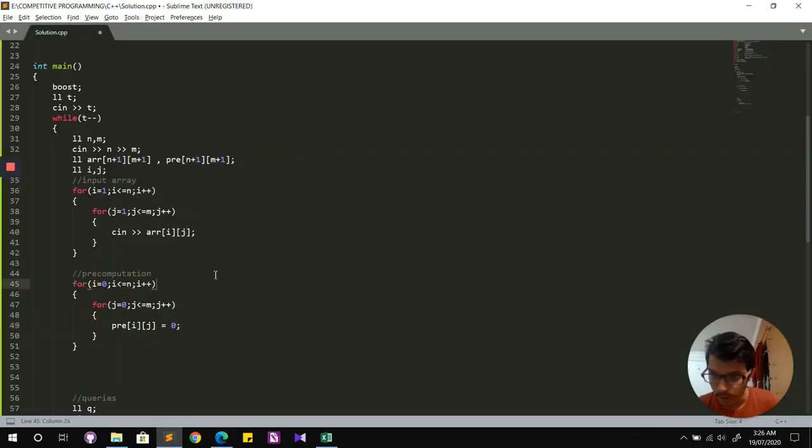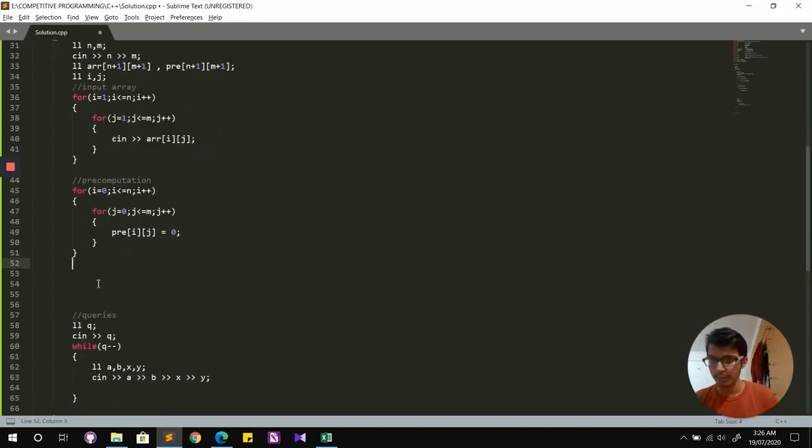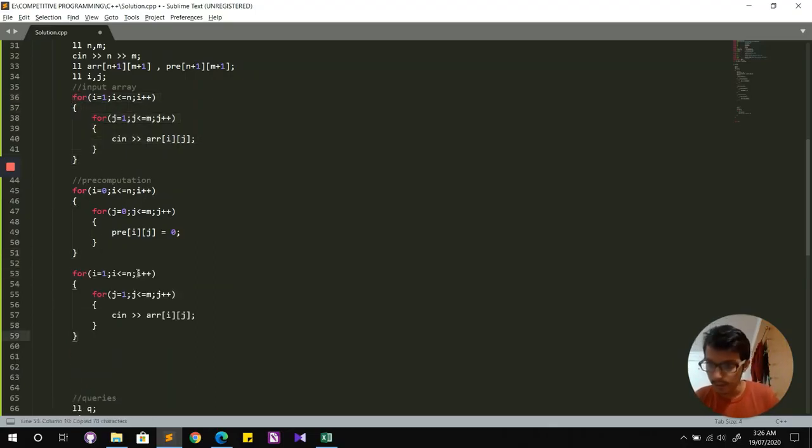Coming back to the code, what we'll do is we have to again write a for loop. For saving some time, I'll just copy paste this syntax. So this represents my rows, right? For each row I need to maintain a variable that stores my prefix sum up till my jth element in that row.